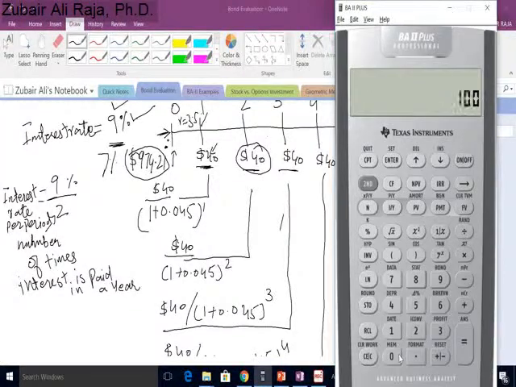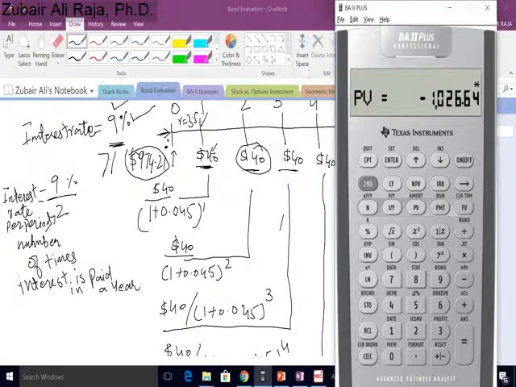$1,000. And what did I tell you earlier, that if the interest rate in the economy becomes less than the coupon rate, then the price will move in the opposite direction. It will be greater than the face value. So let's see what we will get. I'm expecting that the present value will be more than $1,000. So compute present value, $1,026.24. So it means that if the interest rate in the economy decreases from the coupon rate, which is 8%, to 7%, then for the new investor this bond will be worth